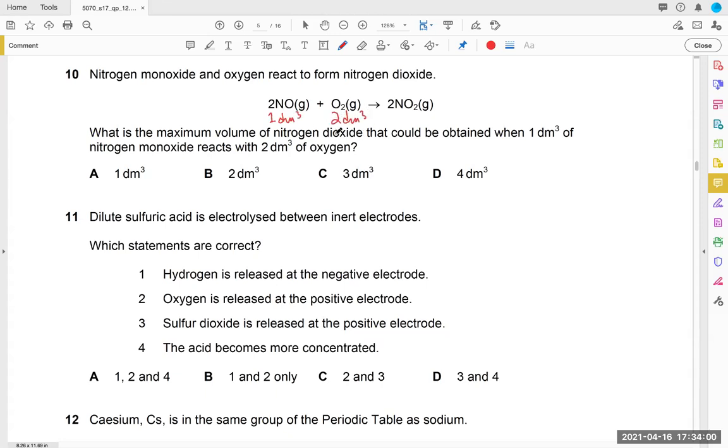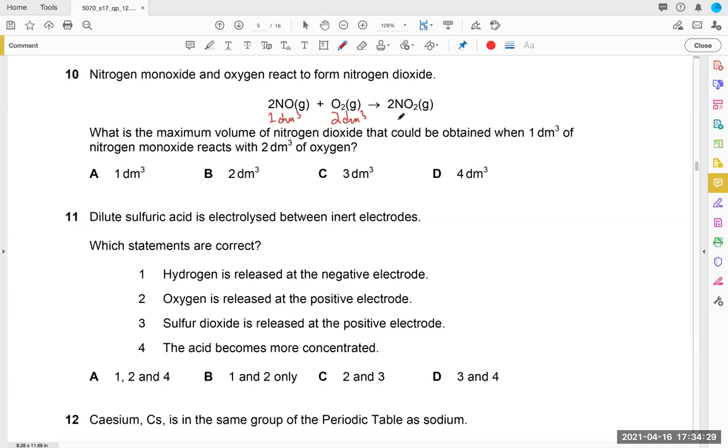The one thing you have to remember for this is that mole ratio is the same as volume ratio. That's one of the basic laws that Avogadro gave us. So mole ratio is the same as volume ratio. So over here we can see that the ratio in which NO2 react is 2 to 1, which means if the limiting reactant here is NO, which it is because that's the one you have in less quantities, then one of this will react with 0.05 of this.